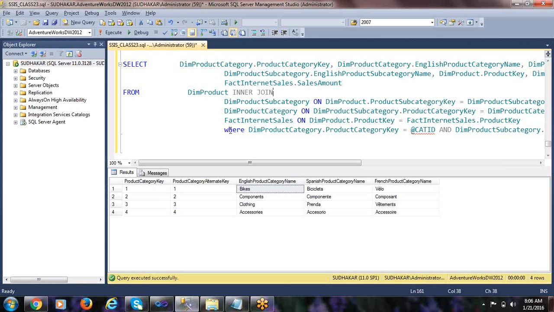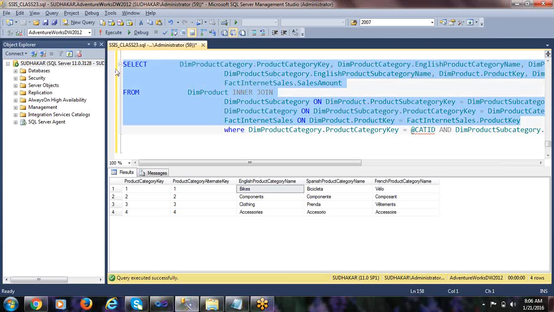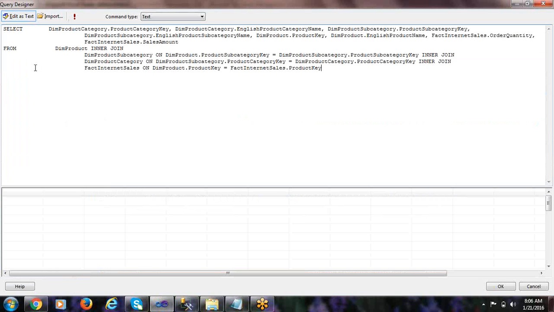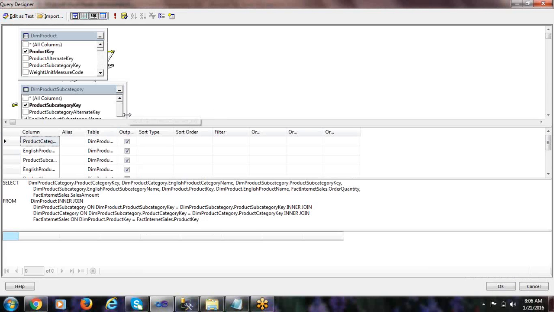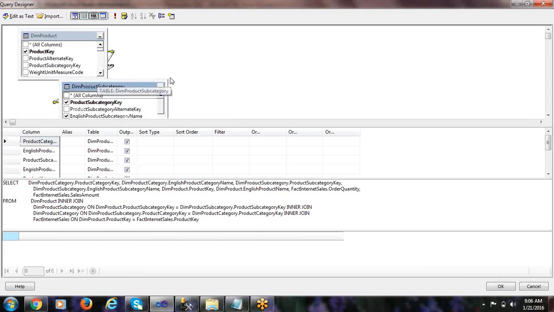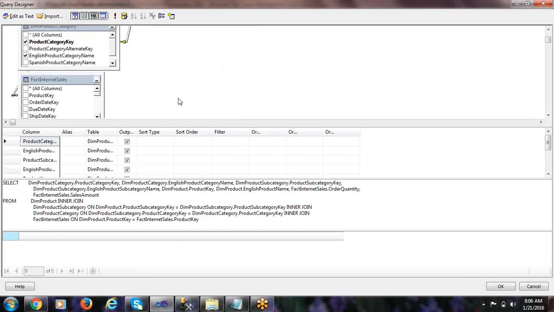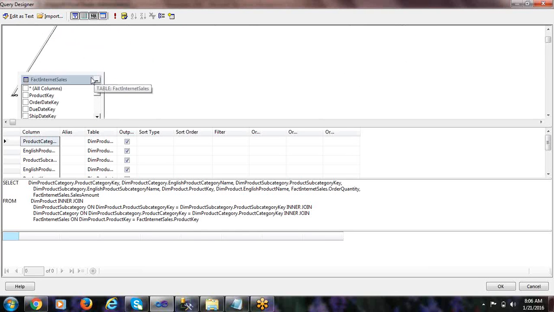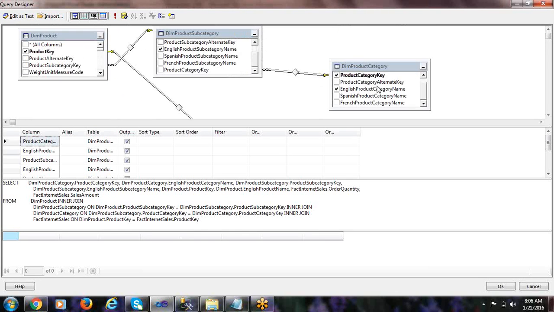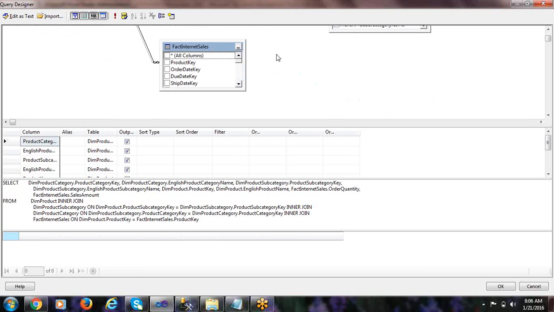So what if you do not have this where condition, and you have only detailed data, something like this. If you execute this, you are getting all the detailed data, right? If you again click on edit as text, it is going to show you the available tables, and it is going to select whatever columns you require, right?